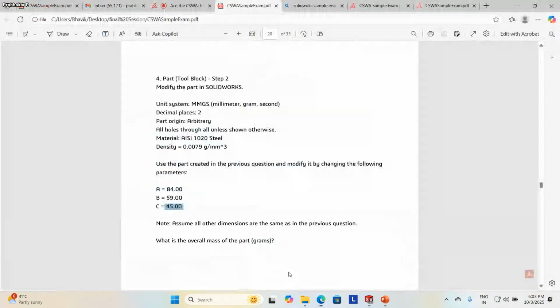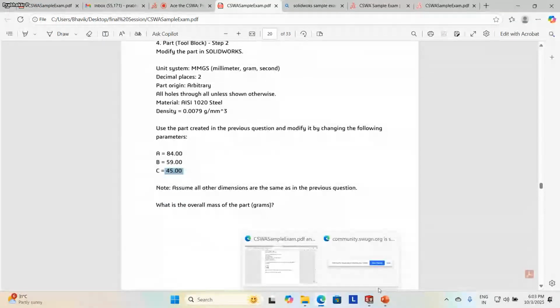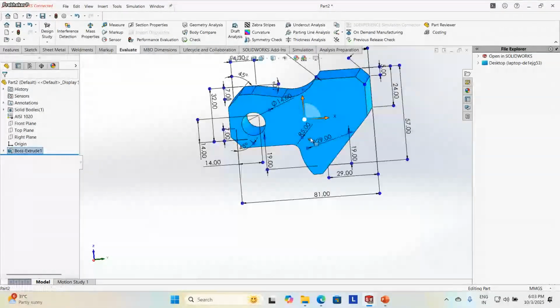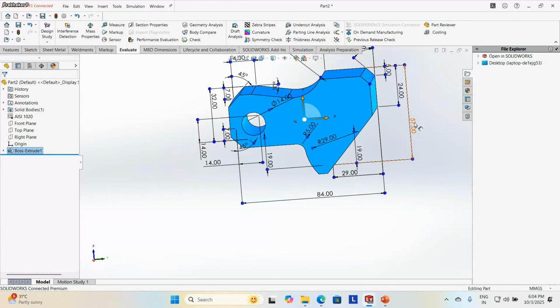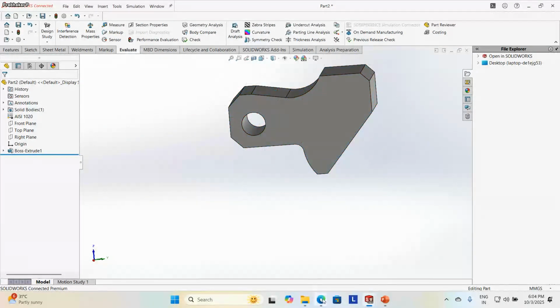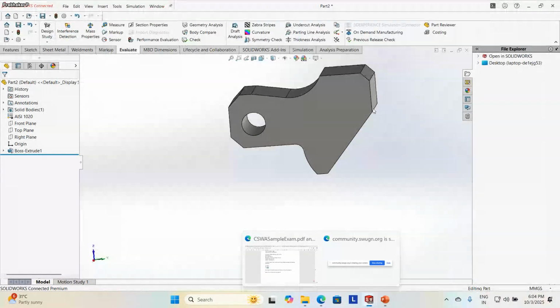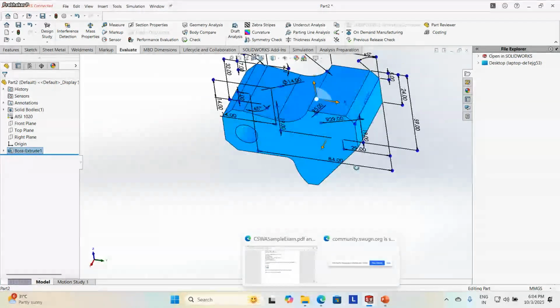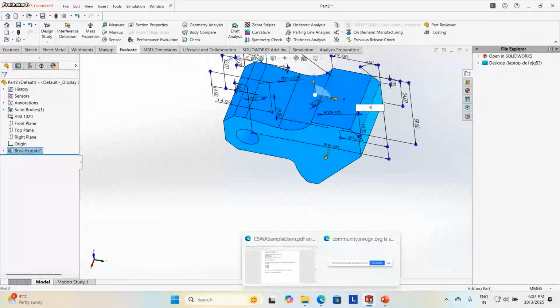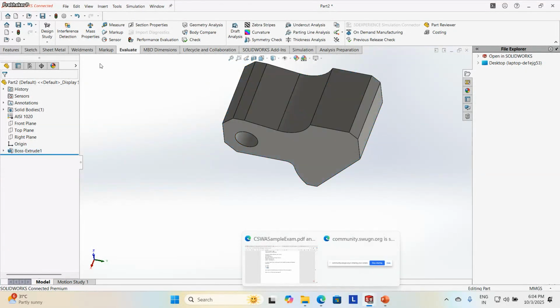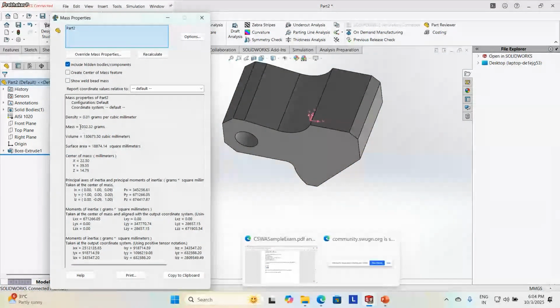The new dimension required is 84, 59, 45. 45 is nothing but the thickness. Instantly I rebuilt it. Then evaluate mass property. The mass value is 1032.32. That is the answer.